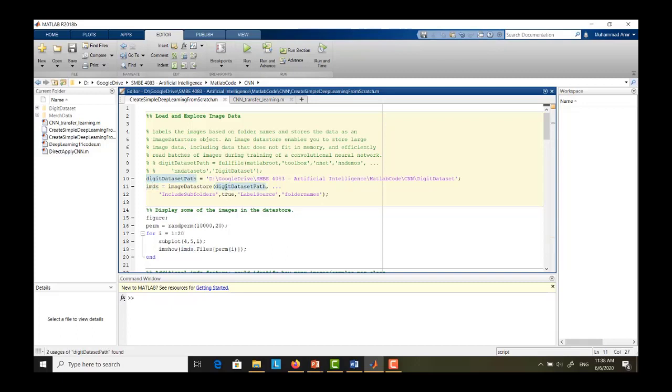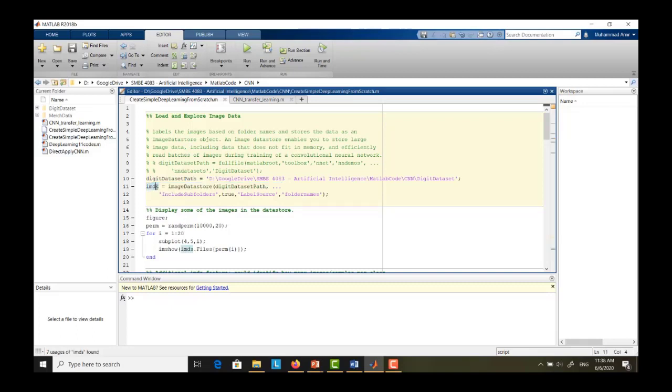In the setting we also include subfolders true. You must include the subfolders inside this folder, which are 0 to 9. And then please make the label source the folder name,